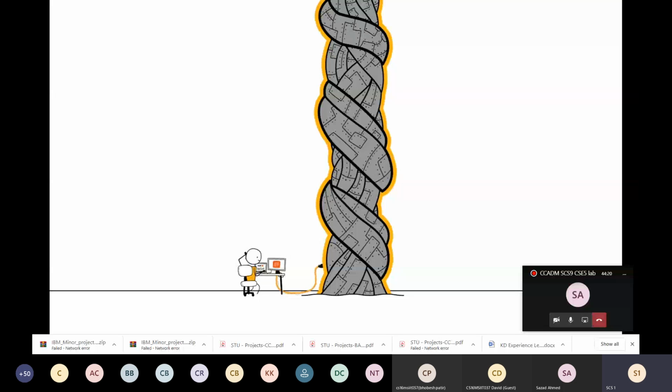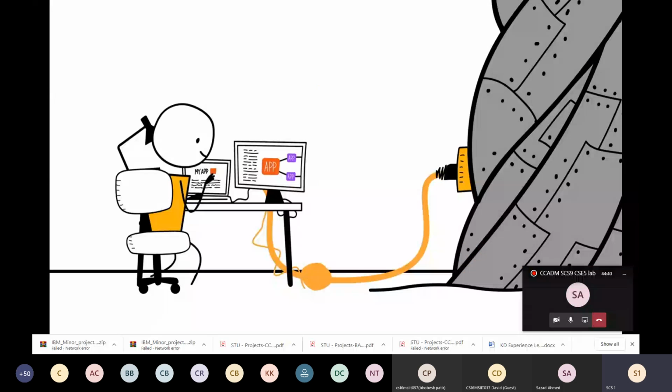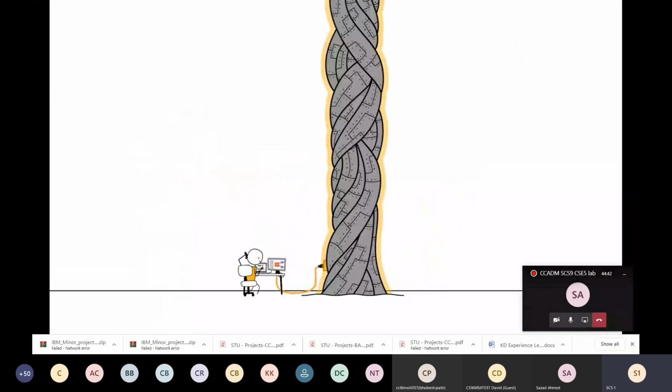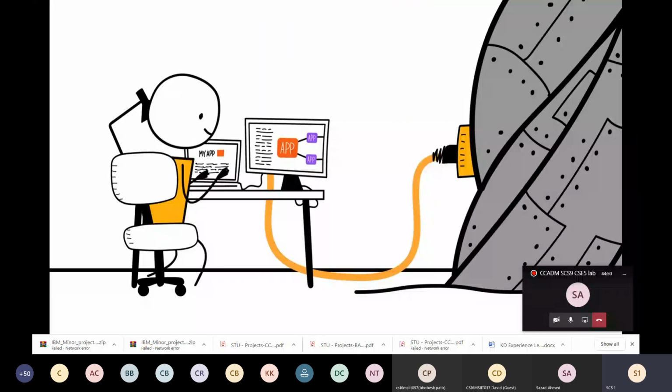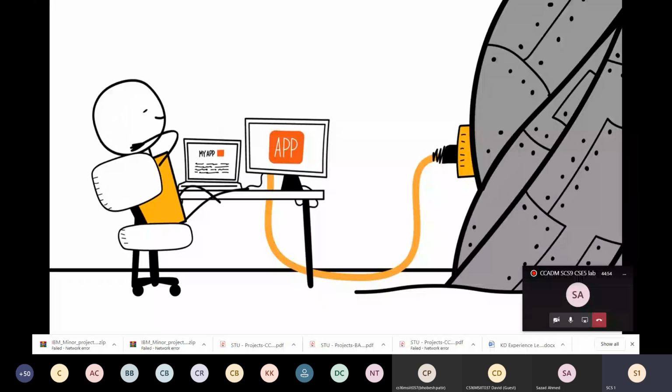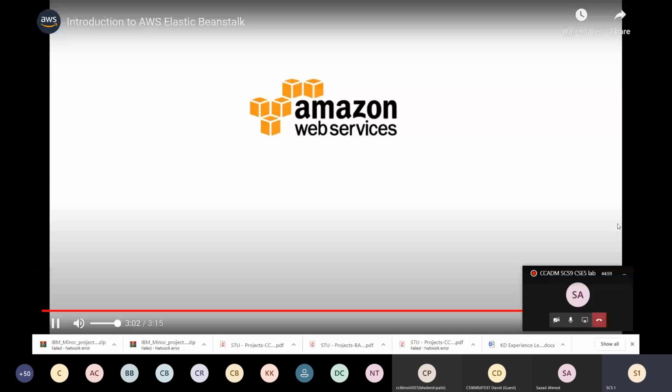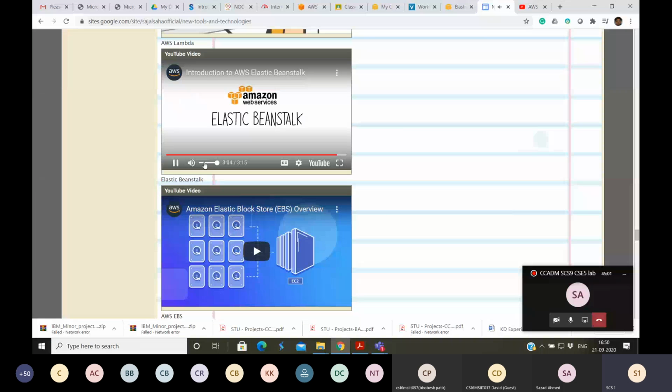Elastic Beanstalk automatically load balances and manages scale, helping to make sure your app is always available. You can also tweak any Elastic Beanstalk resource you want when you need to, giving you complete control under the hood. Even better, there's no additional charge for Elastic Beanstalk. You pay only for the AWS resources needed to store and run your applications. To get started running your applications with AWS Elastic Beanstalk, visit our